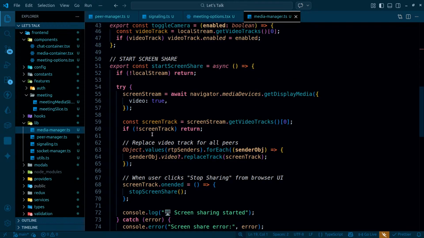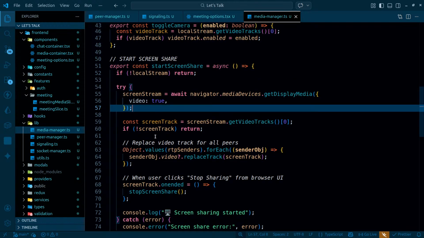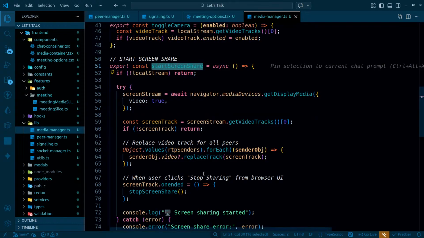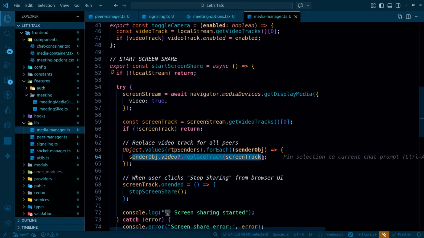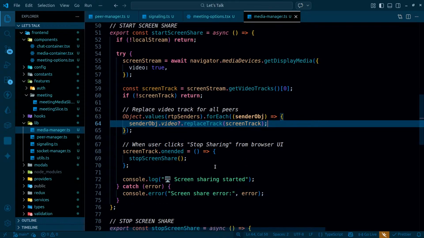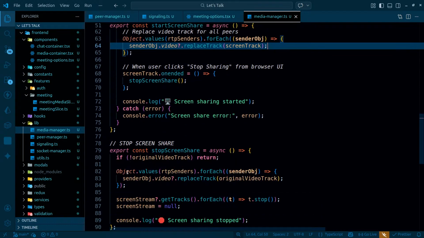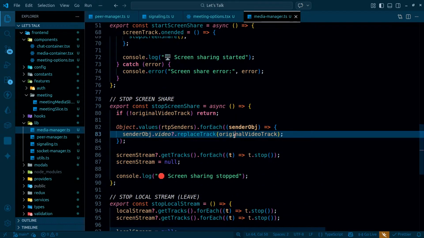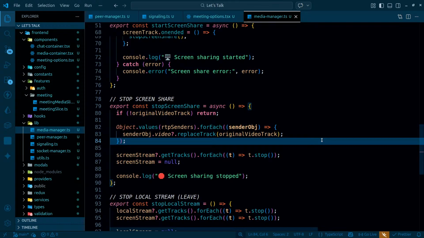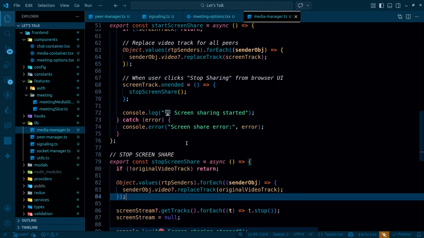And right now, whenever I start sharing the screen, at that time I just replace the track inside the Cinder object with that particular stream track. That is fine. And whenever that is ended, at that time I'm just simply getting the original video track again. So in this way I don't have to create the video tracks or create the stream again and again. So this is fine. Apart from this particular thing, whenever I just start sharing the screen,